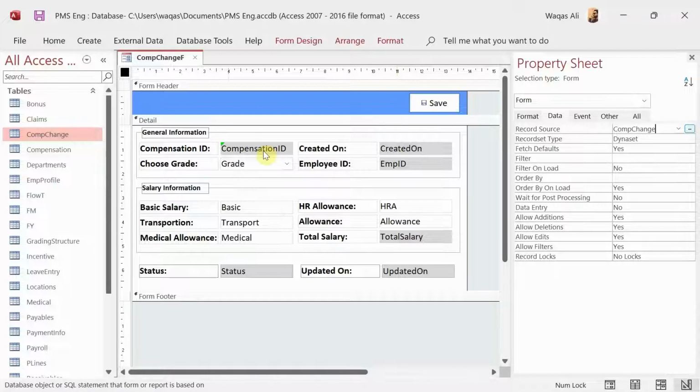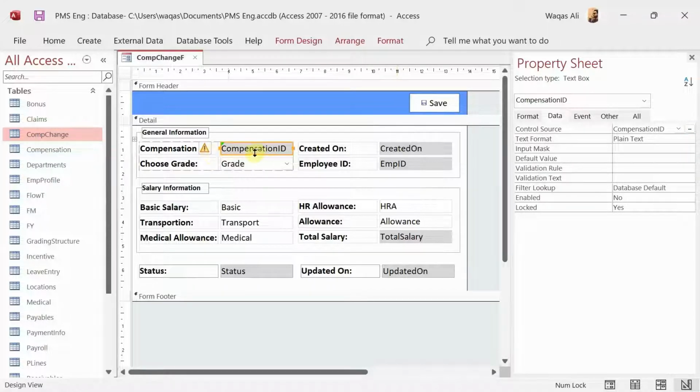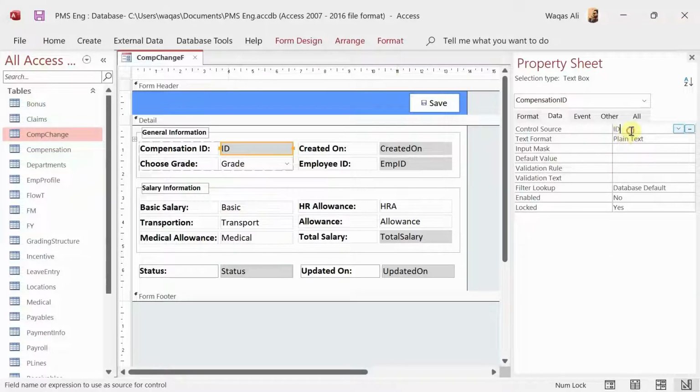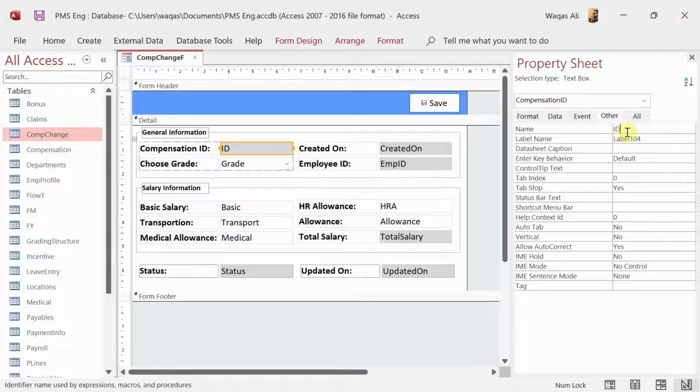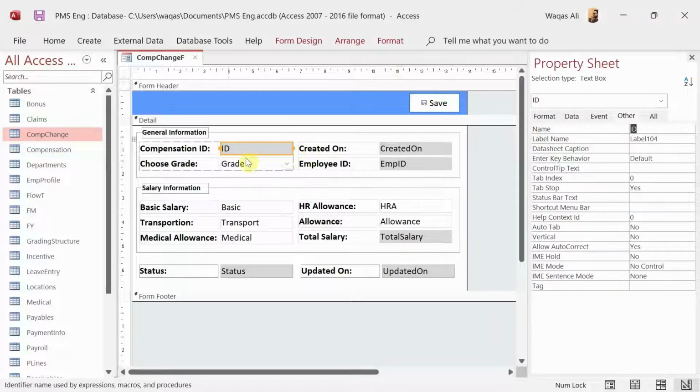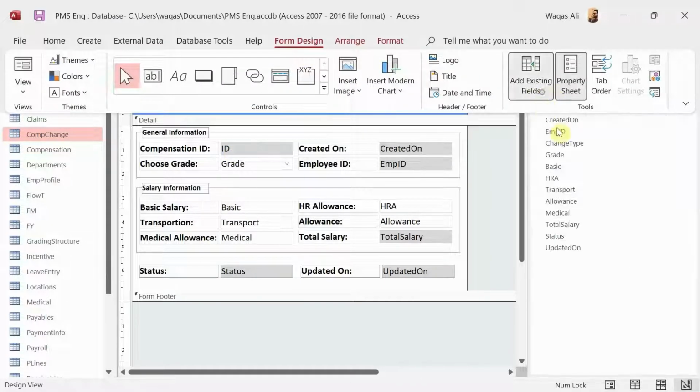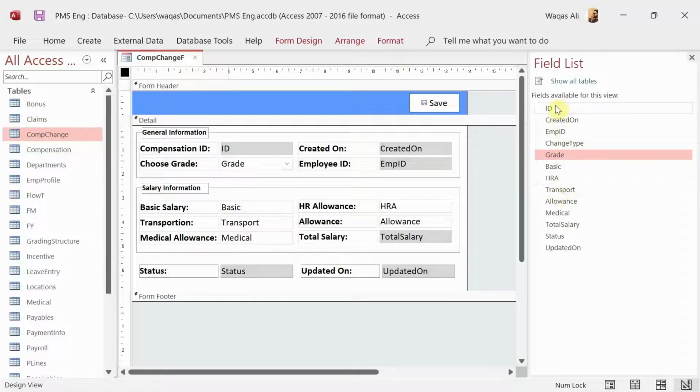So therefore, I'm going to select it, go here in the control source and change it to just ID, and make sure once you're on that you change the name of this field as well by going to the other tab of the property sheet. Now you will see there is no more squiggly green triangle. Okay, it's gone. Next, I would like to add here one field from the existing